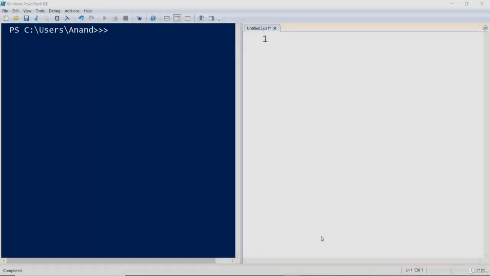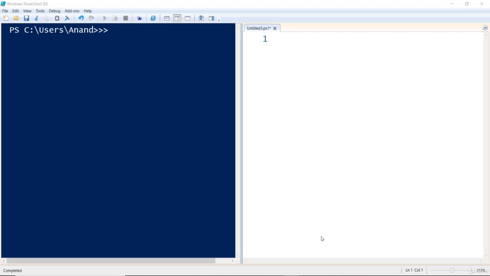Let's go ahead and run a PowerShell script to create a virtual network. We'll also create a few subnets using PowerShell. In the previous video, we created the virtual network and subnet using the graphical user interface. But as you know, everything that's done through the graphical user interface can be scripted, can be provisioned using a PowerShell script. Let's learn how to create a PowerShell script and provision resources, specifically in this case, a virtual network